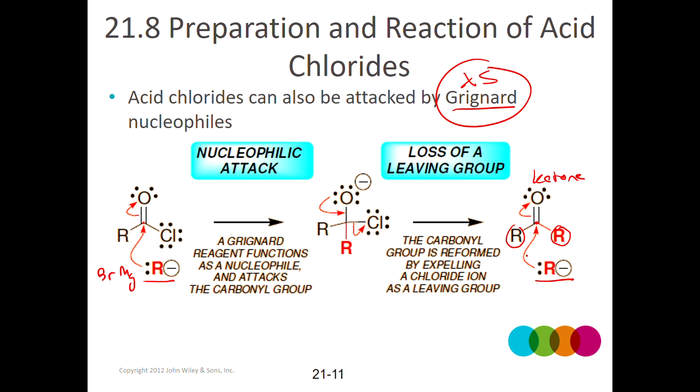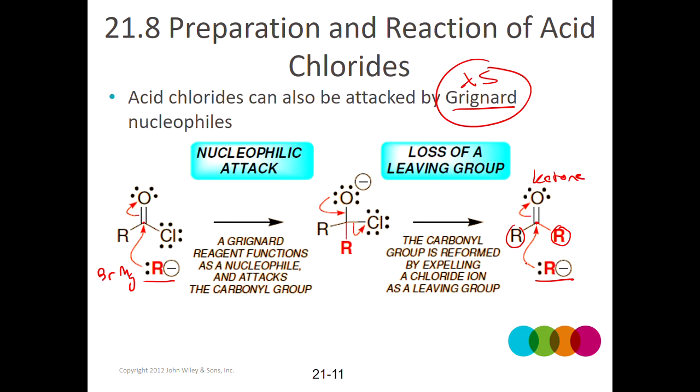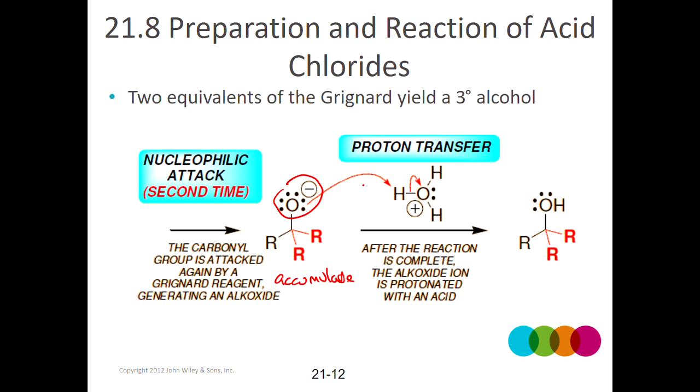Another Grignard would be available to attack there, push electrons up again. That would produce this intermediate, which would accumulate in solution because it's way more stable with the negative than these Grignard reagents are with the large partial negative on a carbon,